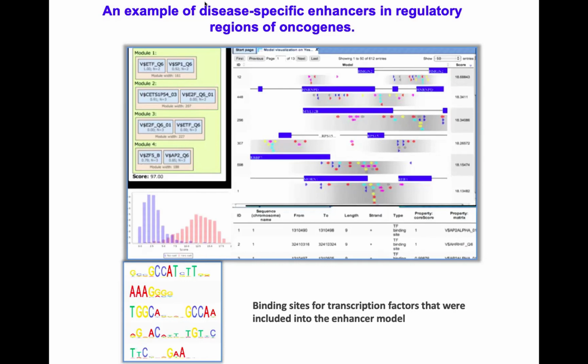What this program shows you is each line here, and it goes down 1,000 lines. One line is one ChIP-seq region, one ChIP-seq peak, and the program found that these transcription factors cooperate together. You see the binding arrows for each of those factors, and you see E2F has to go together with ETF,